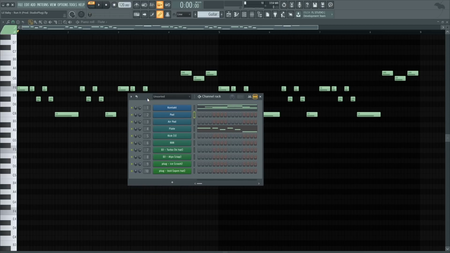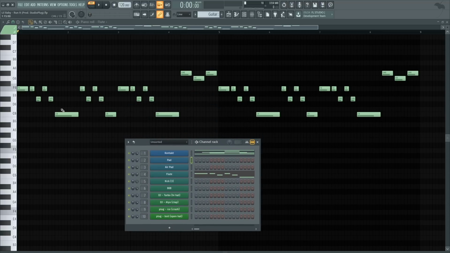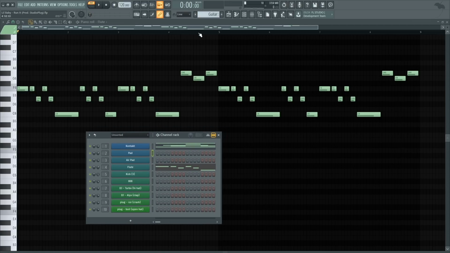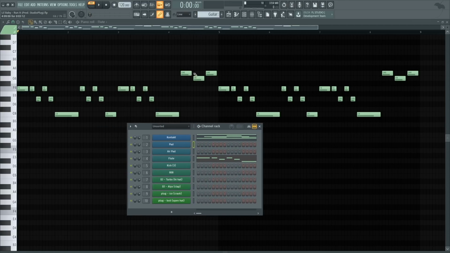I just wanted to show you guys this quick, just in case you didn't know how to create the melody before the loop. So after you have all the melody down, all you have to do to create a loop in FL Studio is click on the drop down arrow up here,